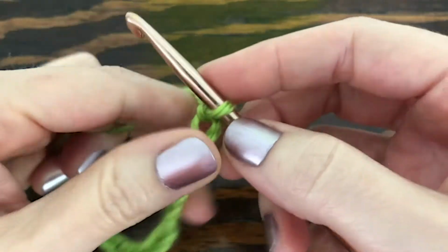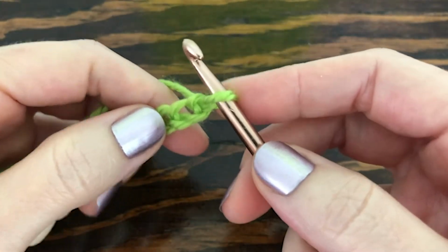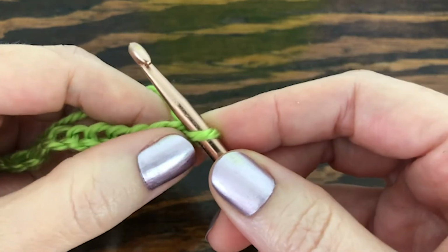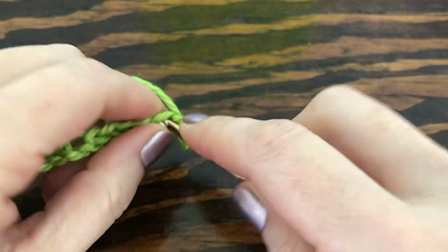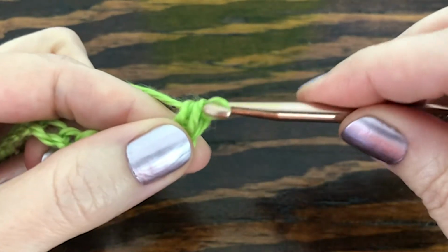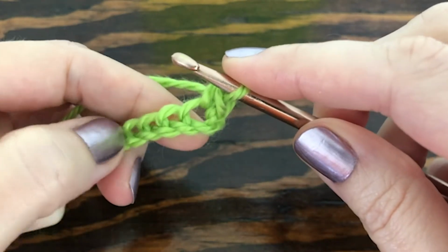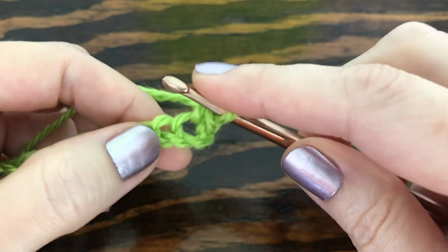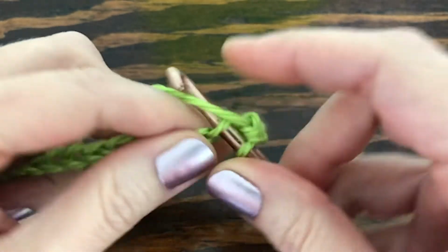So to get started, what we want to do is go to the second chain from our hook, and remember, we never count the one that's on our hook. So 1, 2, right there we're going to make a single crochet. And we're also going to single crochet into the remaining chains, so we should end up with 17. So here's number 2,